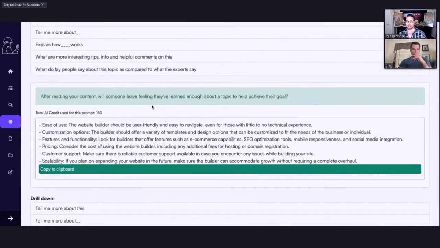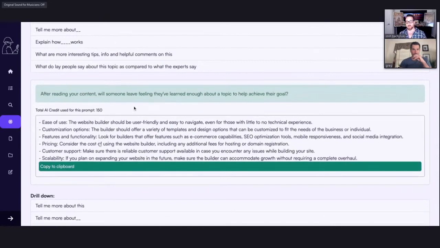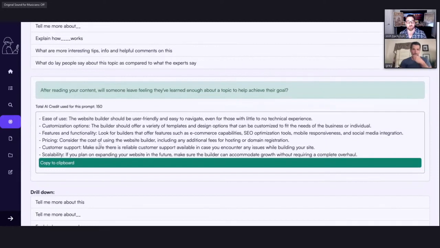The next one it's using for this is making sure that you talk about ease of use, customization options, features and functionality, pricing, customer support, scalability. Are you sure your page talks about all those dimensions that are important? Only the AI can tell what everybody else on the internet has talked about as important. You cannot beat the subject matter expertise of the AI if it's got it in its corpus. You just can't. And your writer you're hiring on Upwork who knows nothing about website builders or about your topics, who you've hired to write it, the research they're doing, I guarantee to you, is not good enough.